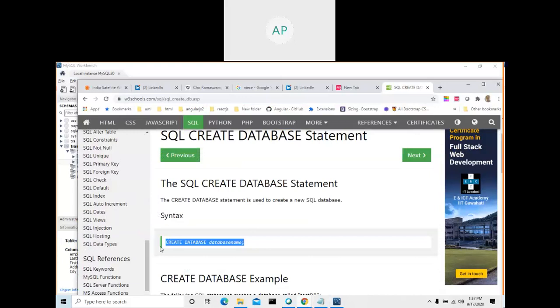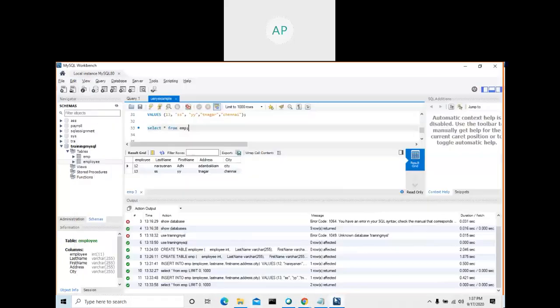Then I explain about the CRUD operations, that is insert, update, delete, retrieval. Then I describe constraints, primary key, foreign key. Then I describe parent key, that is parent table and child table. Then I explain about joins, like inner join, outer join, cross join, self join, subquery. All these things are covered in the next three videos. Before you start those videos, you should have MySQL installed and you should have one database, and from there you can start. That's the thing we are trying to do in this video.